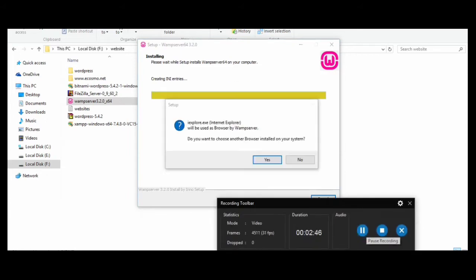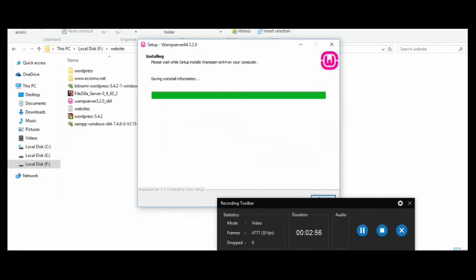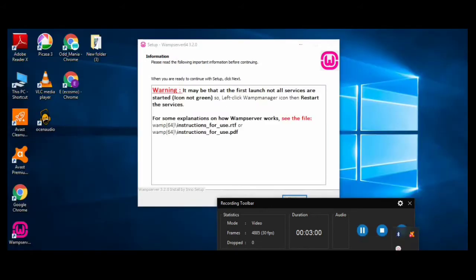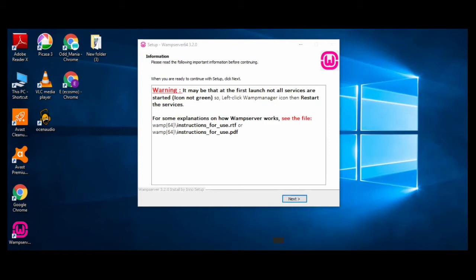Now here, it will ask you to select the browser with WAMP server. By default, it will give you Internet Explorer, so you have to click no and then again no. So we completely installed WAMP Server 64 over our desktop.